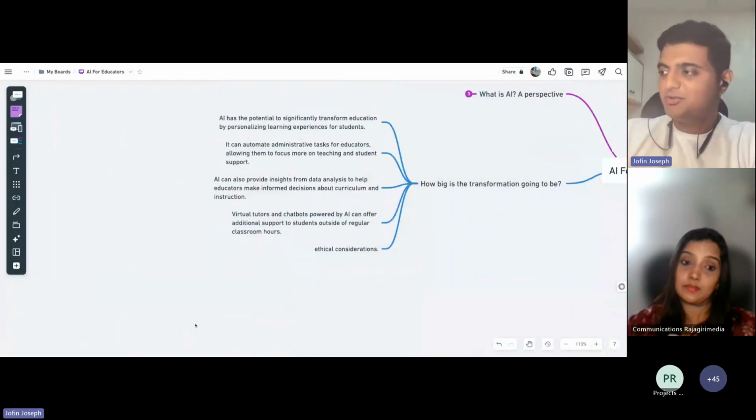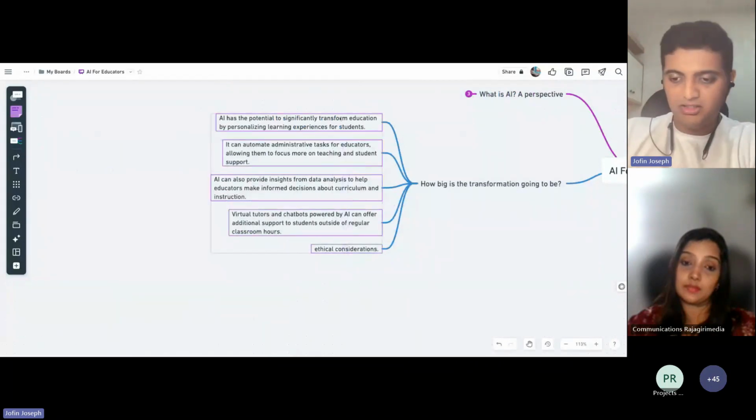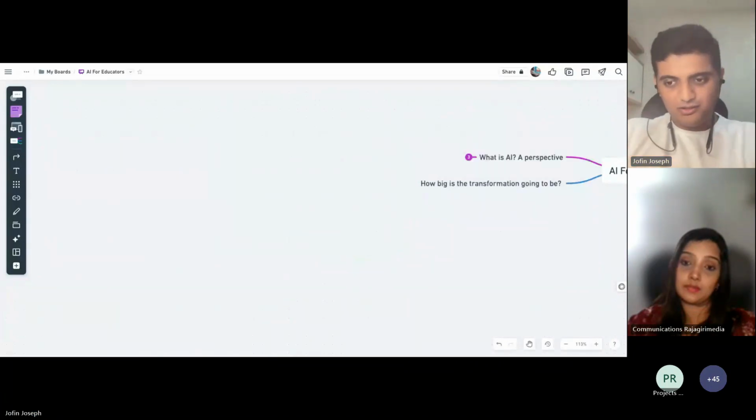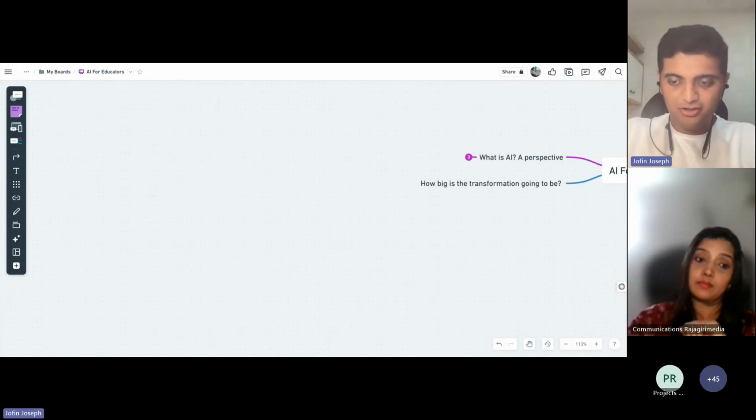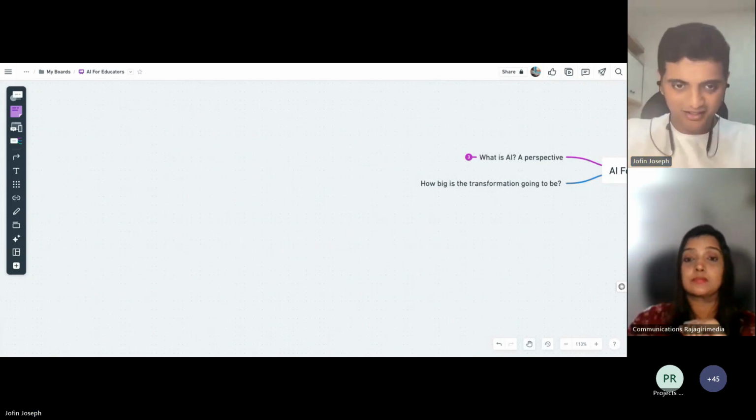Now, back to the point of how big it is going to be. So there's this interesting blog by Steve Jobs where he says 35 years back he saw the graphical user interface, right?